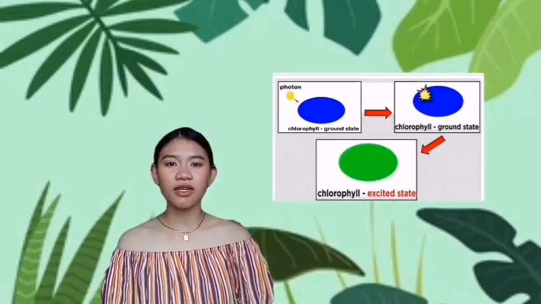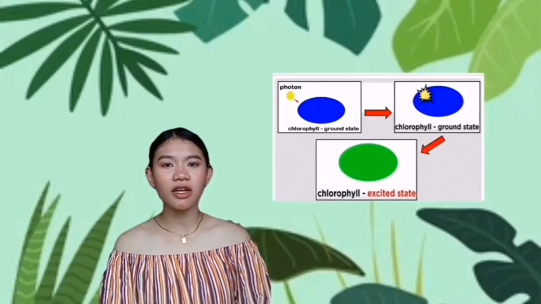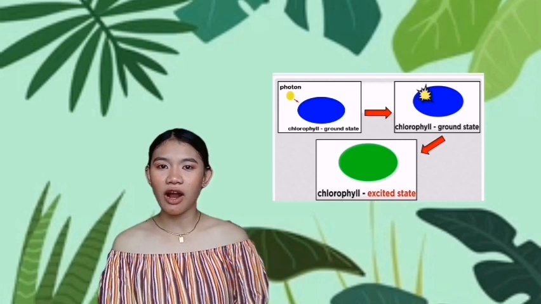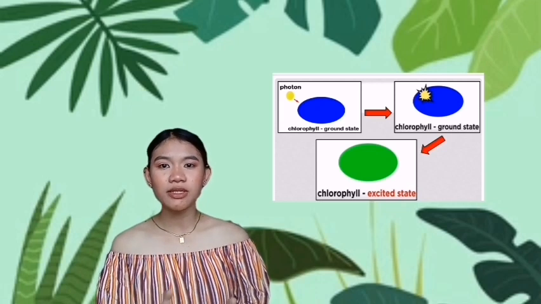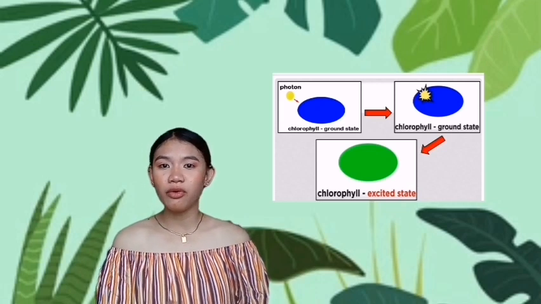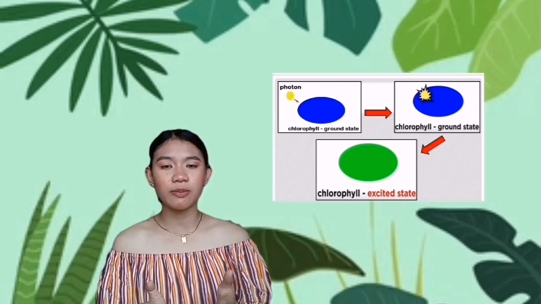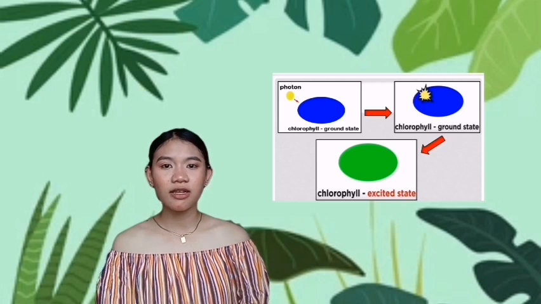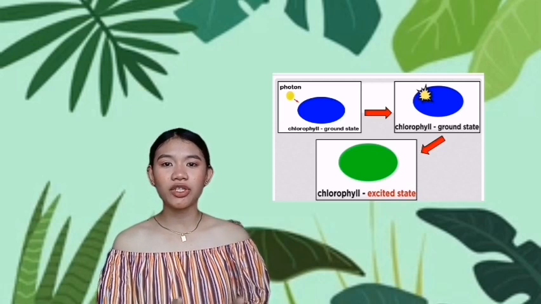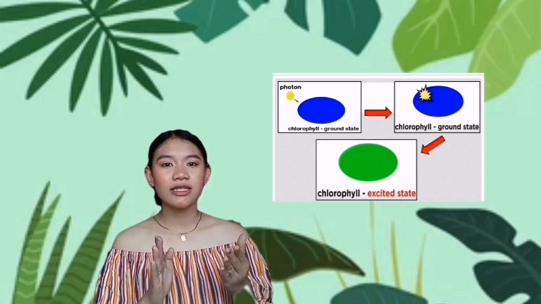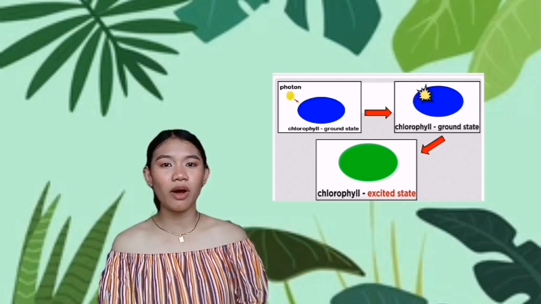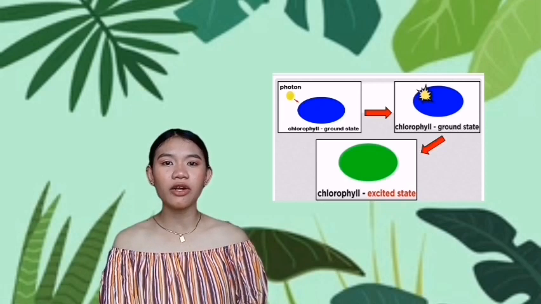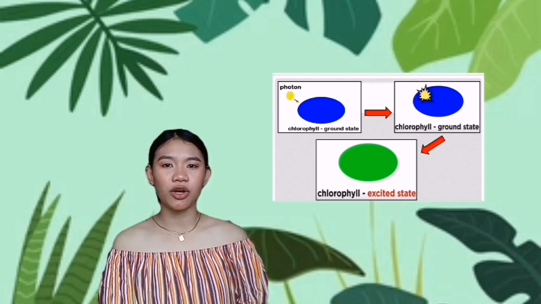As we can see in the first picture box, it represents the photon, which is the yellow circle, and the chlorophyll ground state, which is a blue circle inside the box. Then we move to the second box, where the photon strikes the chlorophyll ground state. For the third box, the circle becomes green, which is the chlorophyll excited state. Furthermore, if chlorophyll absorbs a photon of a particular energy, one of its electrons jumps to